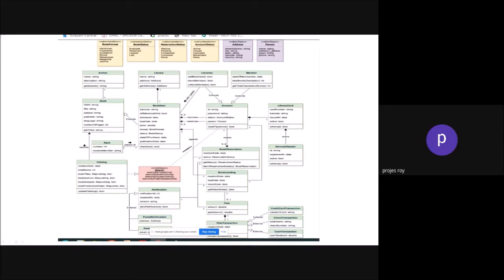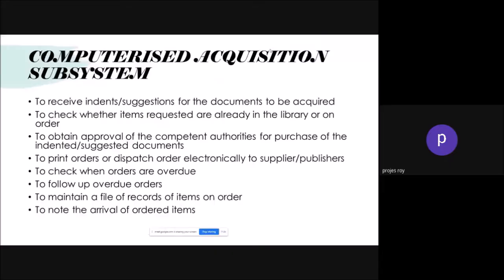So this is all total, a simple diagram, not a complex diagram. This is a simple diagram, and this is how you are going to go for library automation in different parts, right? Now, coming to the computerized acquisition system, to receive indent, that means you have to get one suggestion